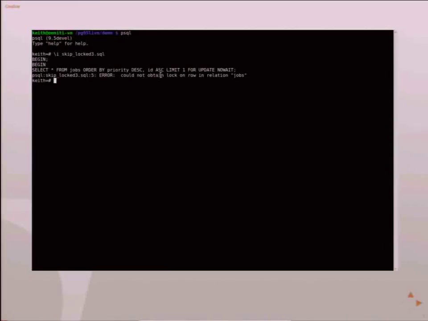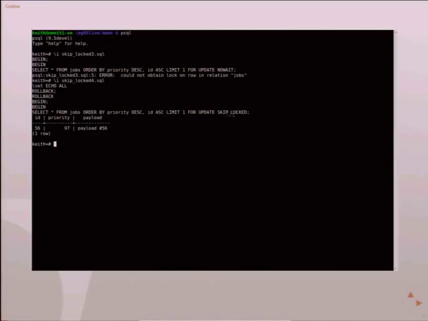So I tried to get the same row before. I also tried to do a FOR UPDATE and did the NOWAIT clause. Otherwise, if I didn't put the NOWAIT on, if I would have run that command, it just would have sat there and waited forever. So with NOWAIT, it just skipped right over it. But now if you do SKIP LOCKED,